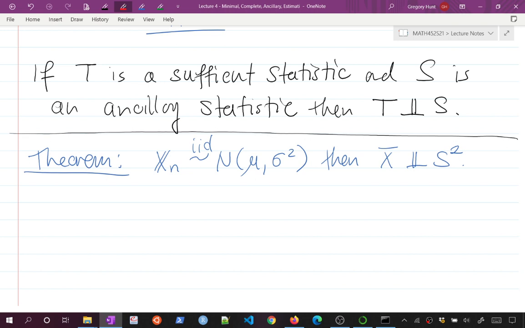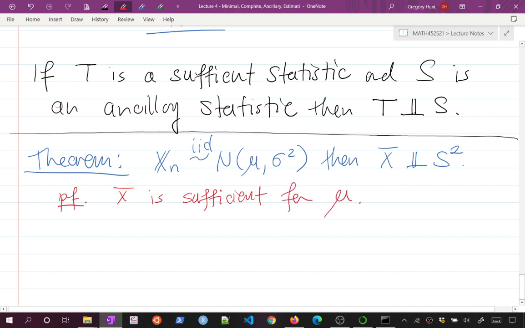We can now actually prove this in very short order. How do we prove that? Remember that x bar we showed is sufficient for mu,